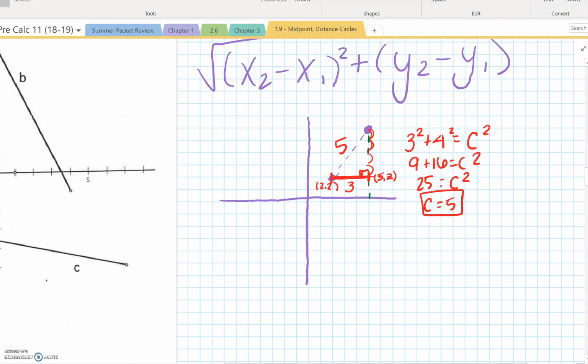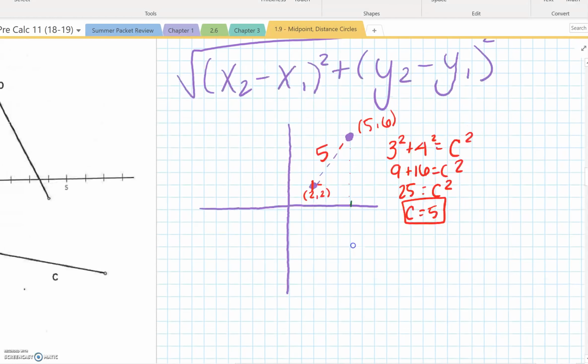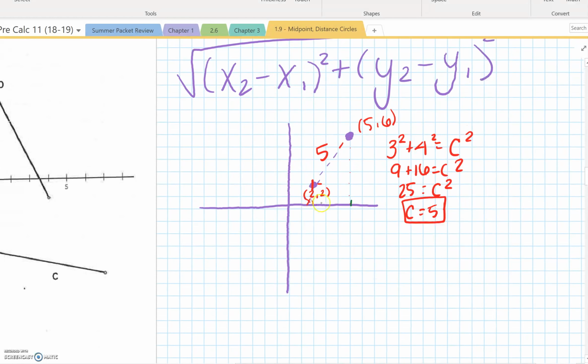So now you look at the distance formula and I say, let's try to figure out where this distance formula came from. If I look at these 2 points, remember this was at (2, 2), and this point that's up here is going to be at (5, 6). So if I were to take these and substitute them into the distance formula, which essentially is where the Pythagorean theorem came from,